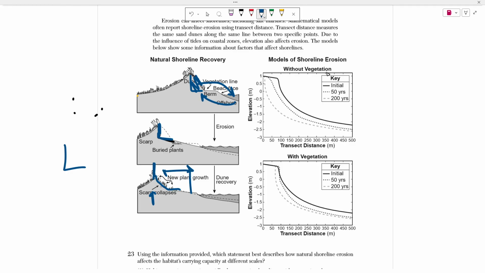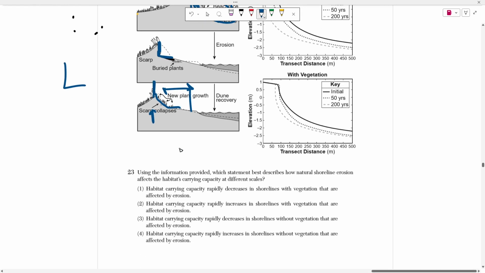And here we have the models of shoreline erosion. This shows the change in elevation that occurs in these dunes, and we see the overall trend that there's a sharp decrease in the elevation, right? There's a decrease in the height of these dunes as the water level continues to rise and erode more shoreline. So number 23 says, using the information provided, which statement best describes how natural shoreline erosion affects the habitat's